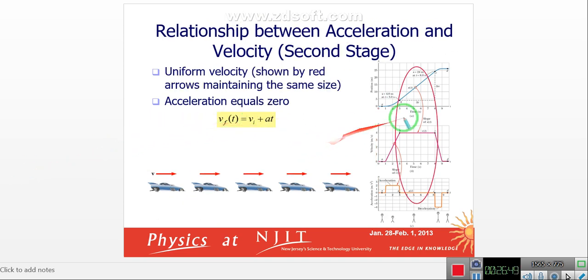So again, uniform velocity shown by the red arrow maintaining the same size. This one is like an arrow, this is your blue. So acceleration is equal to 0. When acceleration is going to 0, at this position, when the object is moving from this point to this point,